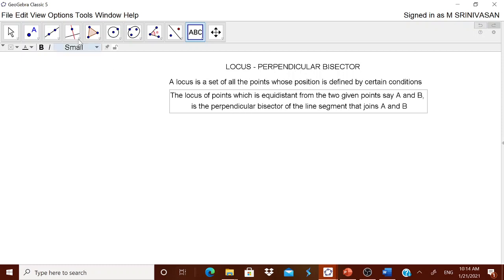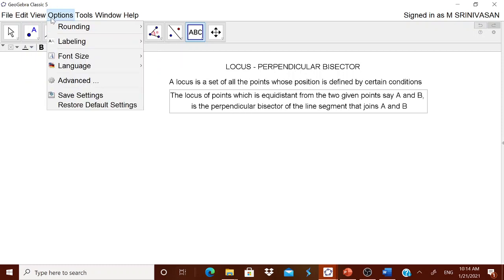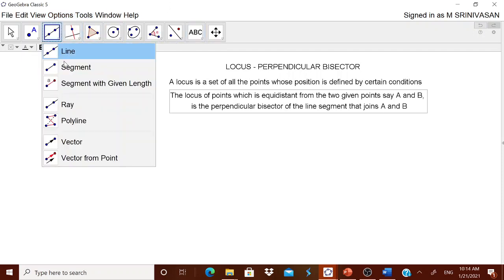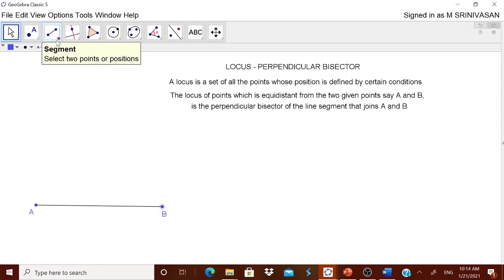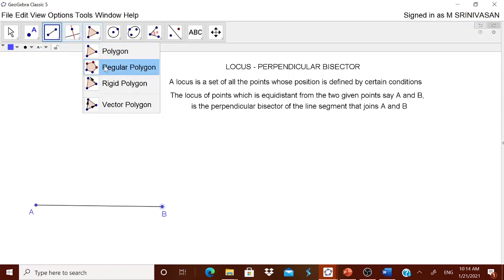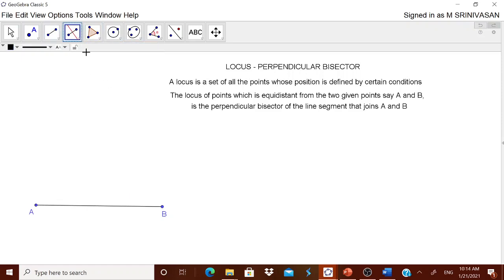Okay, now we have to go for a line segment. For that, go to this segment, touch it, come back, and then touch it somewhere. Okay, now you got this, and then you can position it somewhere here. Okay, good. Keep this A here, keep this B here. Okay, now let us go for perpendicular bisector directly. We are having this perpendicular bisector. What it tells? Simply touch the line. That's all. Simply touch the line. You got the perpendicular bisector.